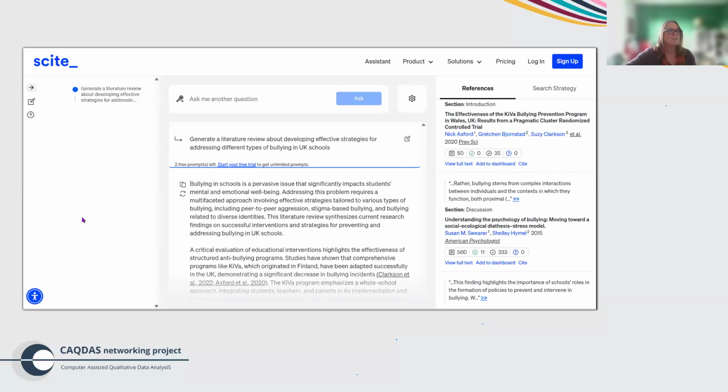You miss the serendipitous, absolutely. And also the accumulation of that knowledge by not reading and thinking carefully, and just having some AI tool say, oh, this is all the useful stuff. Okay, it's a lot quicker, but it might not be such high quality. And you also don't have all of that accumulated knowledge in your mind that you can take forward to the rest of your project. So always be thinking critically.